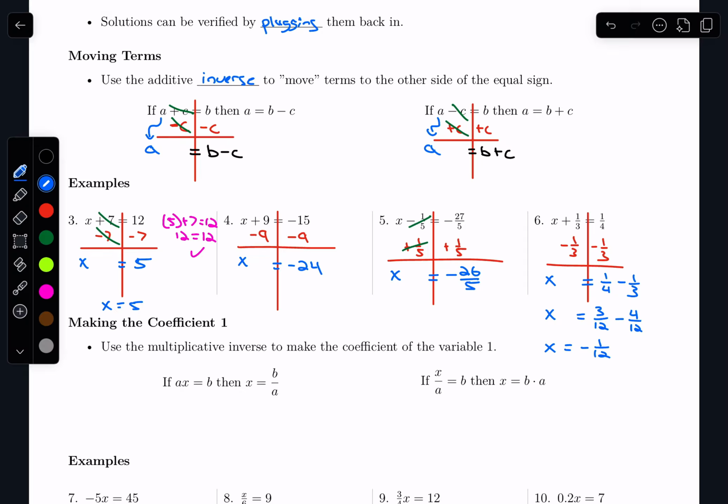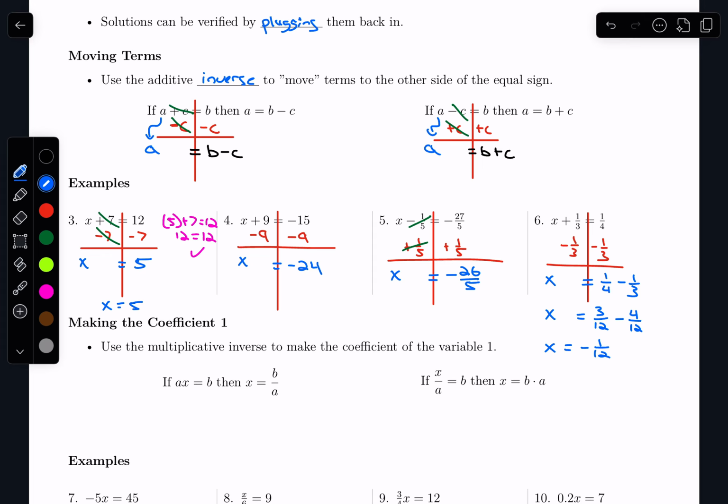And what you're going to realize the deeper you go into math is that it's not always that easy to plug your answer back in. It's always doable. Let's be clear, you can do it, but it's not always convenient. And so as you keep solving more and more equations, the hope is that you build up more and more confidence and that you're able to check your individual steps instead of always having to plug an answer back into